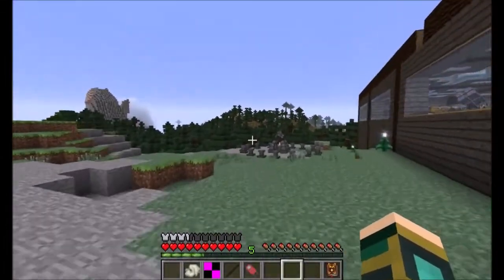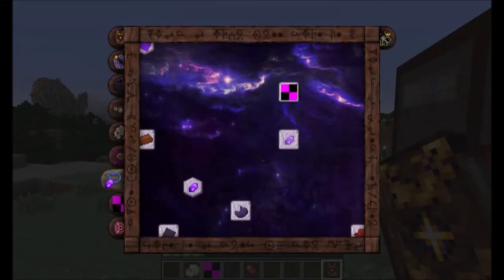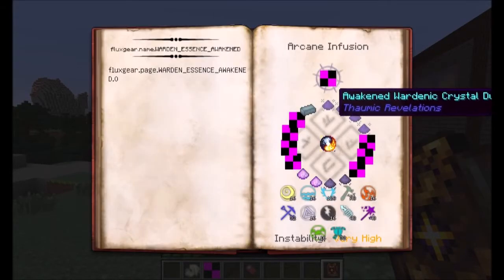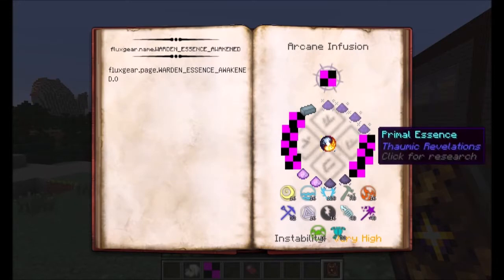Ah, yes, this was a mock-up for the recipe for, or I've implemented all researches, the Essence of Awakening. I actually need to implement turning the awakened crystal into dust. That's another thing I need to do. One thing for the third pre-alpha version that